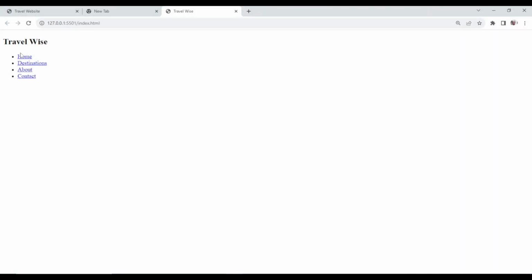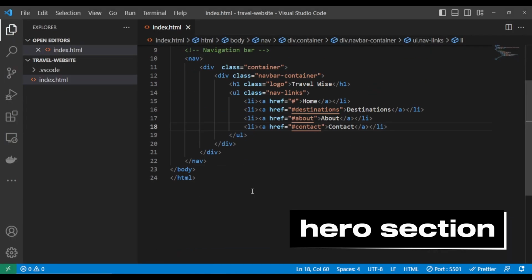So you see now that we have implemented our a tags. When you click this, it will take you to this page. You see that it's changing the URL. Look at it, it's changing the URL. What it means is that this is a single page application. When you click it, it will just scroll you down to the section you clicked. Okay, now we have created our nav. I think we should also create the hero part before we start